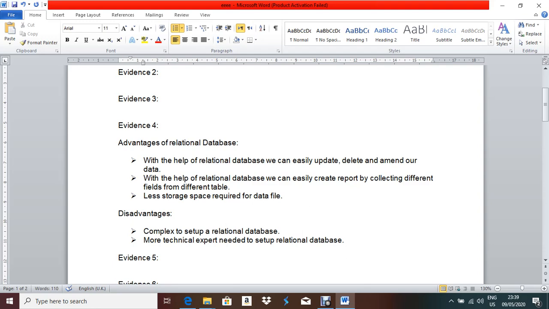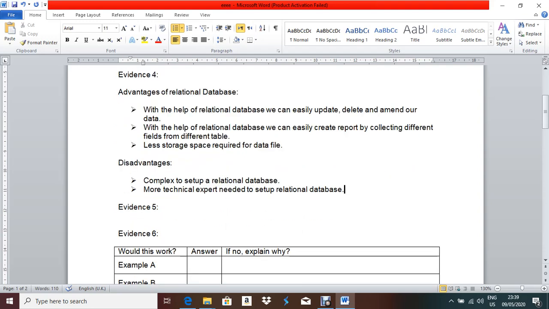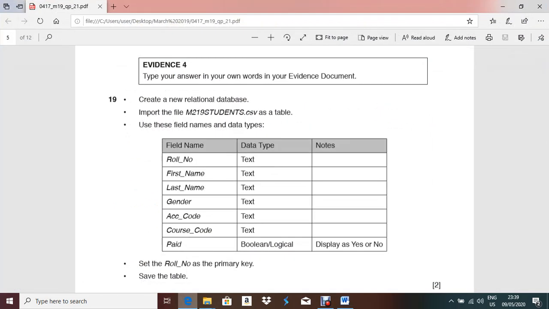Okay, so that's enough. These 2 disadvantages and 3 advantages, because your mark is 4. 2 is enough, so you can do that up to this.